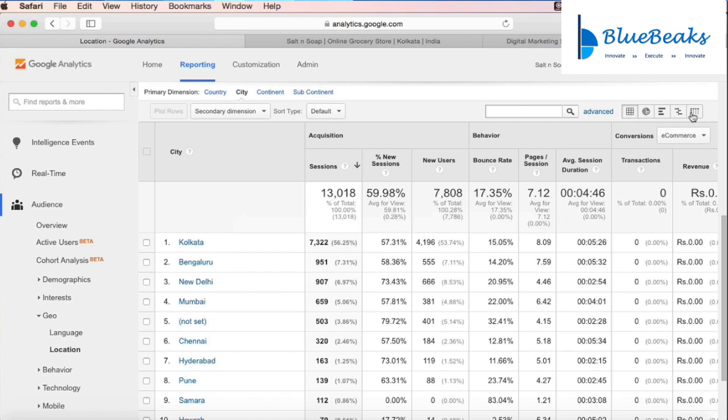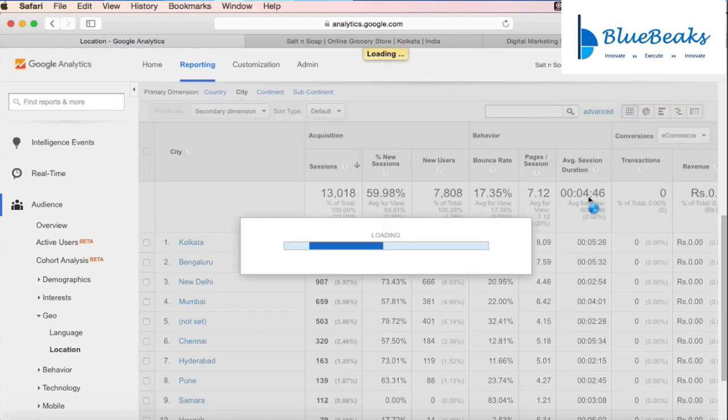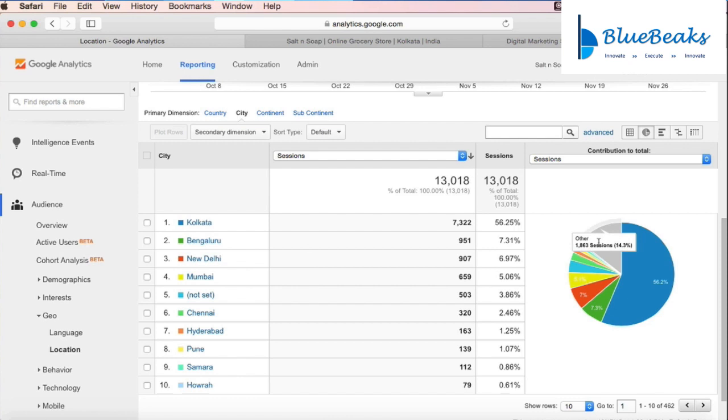Here you will find there are various types of reports that you can see from Google Analytics. This is the tabular report, which is the default report that is being shown. I can see a pie chart which looks like this. So I can map the data of the number of sessions